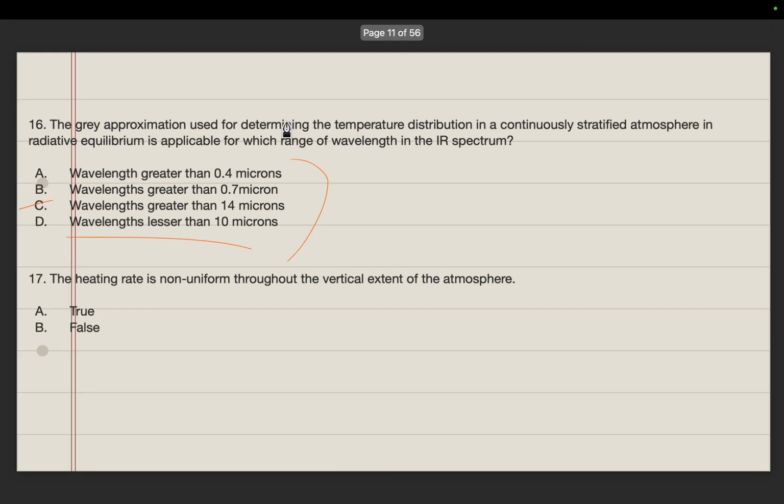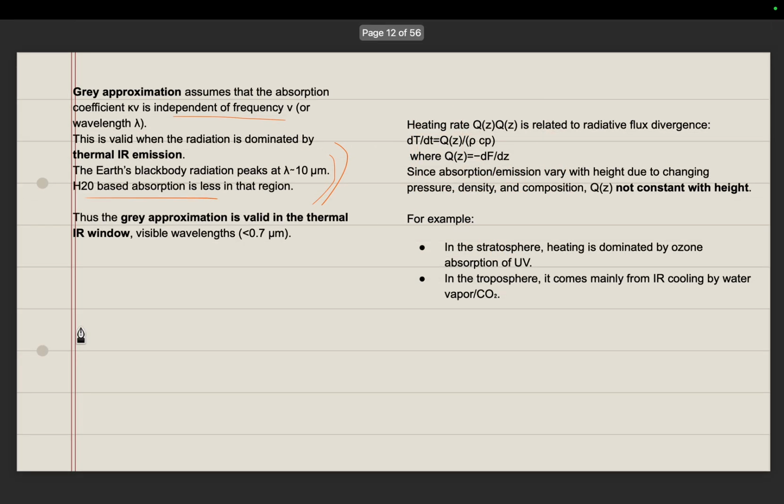Now question 17. The heating rate is non-uniform throughout the vertical extent of the atmosphere. Is this true or false? If you assume a vertical column of atmosphere, the heating rate Q dot is always a function of z. True. This statement is true because